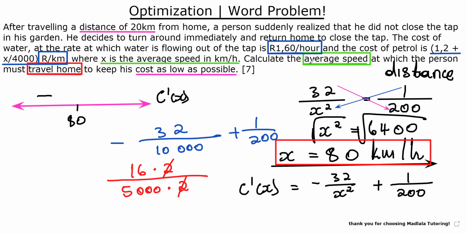Okay. But if you still want to simplify this further, you can just say, well, 16 can be written as 8 times 2 and 5,000 as 2,500 times 2 as well, all right? And then you can easily say, well, the 2's will cancel out. So you have 8 over